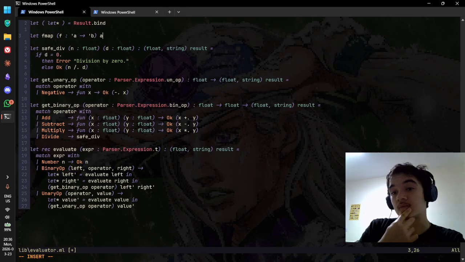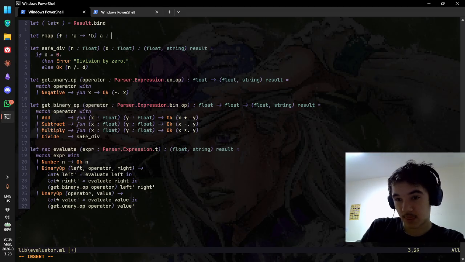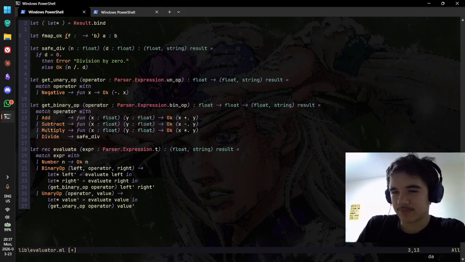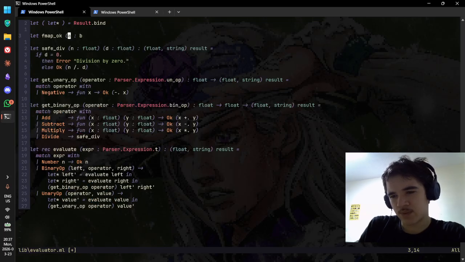And then it returns a B. Can it be generic? Not really. Okay, let's make it a float then. So from a float, yeah, I'll just do fmap Ok, like what Claude suggested initially for now, and then we'll take our